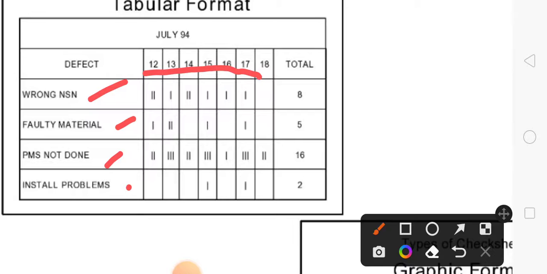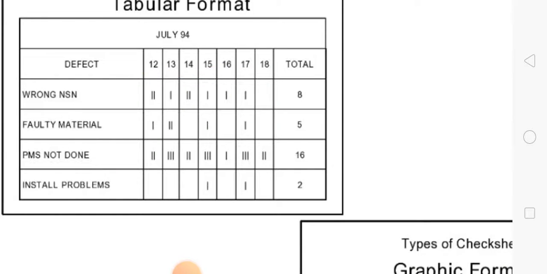This record is maintained in tabular form, so we can easily obtain information, such as on 15th July how many defects were due to faulty material, or how many defects on 17th July were due to an installation problem. All this data can be obtained by using these check sheets.